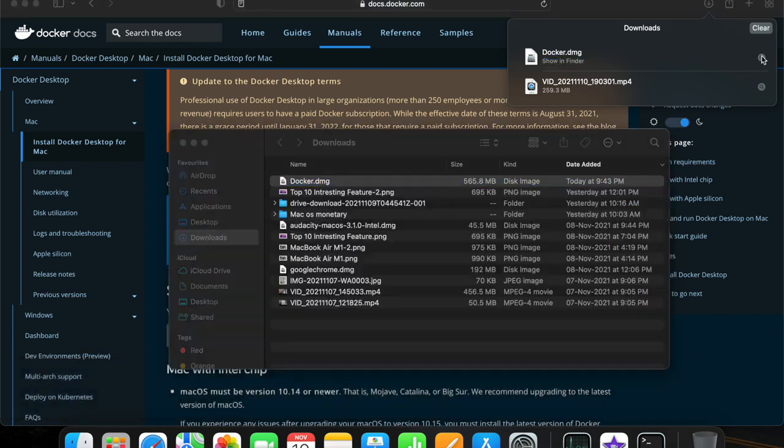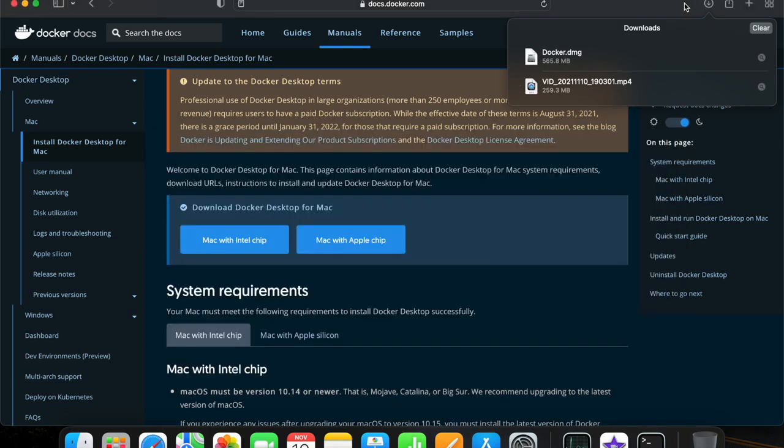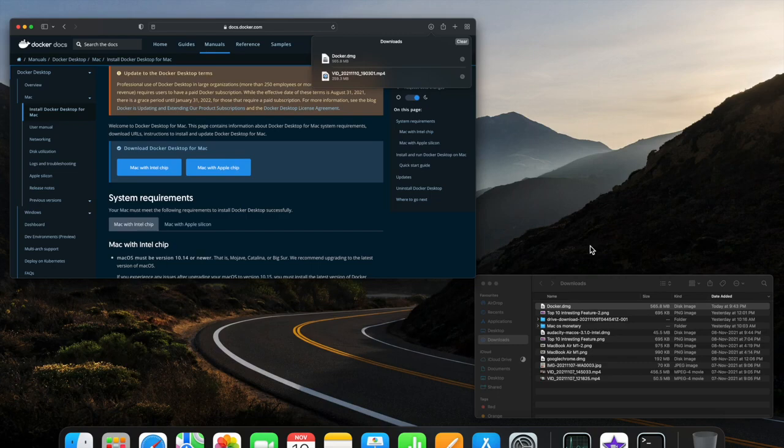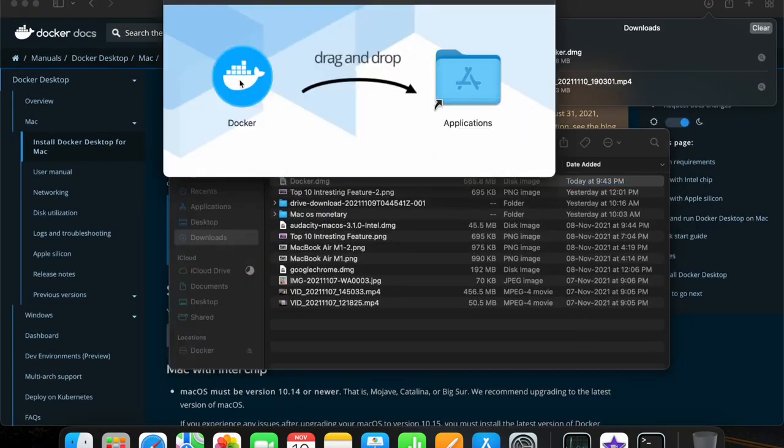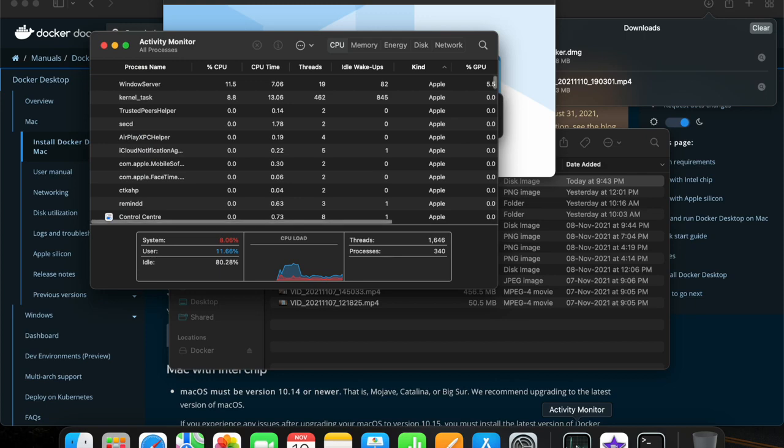So let me open the downloaded installer. So you can see now it is in my Downloads folder. Let me open it again, and you can drag and drop it to the Applications folder to install it. So this is the default screen you will get on double clicking this